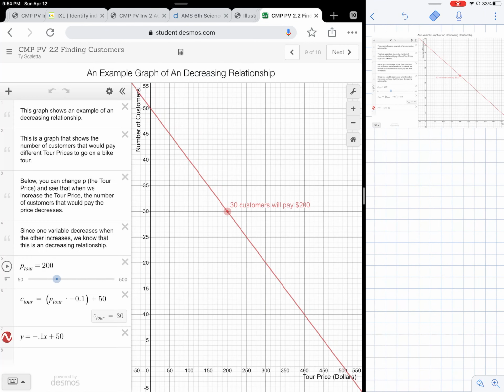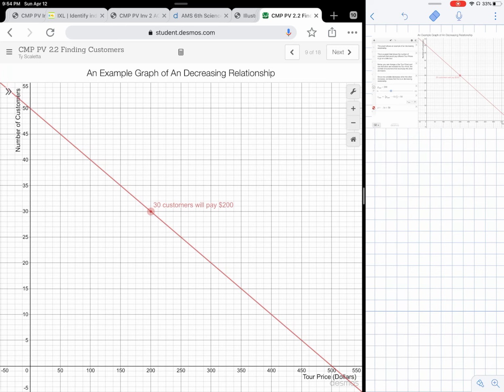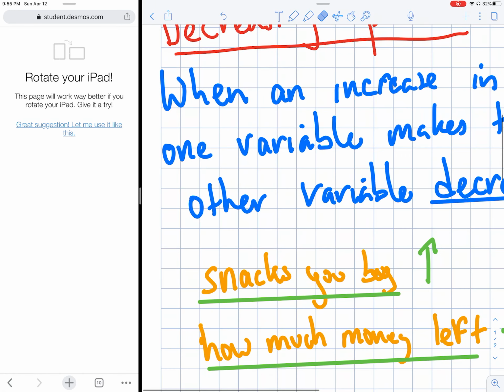So right here we have a graph of two variables, right? And we can look at the axes to see the two variables. We have number of customers on the y-axis and we have tour price on the x-axis. And when we drag our point, let's say I want to increase how much the tour is going to cost, I see that the number of customers decreases, because fewer people are going to pay. So if the tour costs 50 bucks, 45 people will pay that price to go on the tour. But if I increase the price to $300, only 20 people will pay, right? So what we see when we play around with that graph